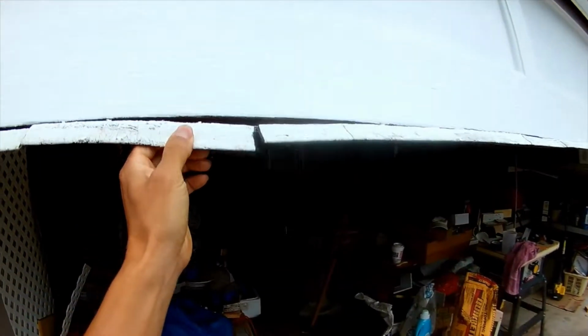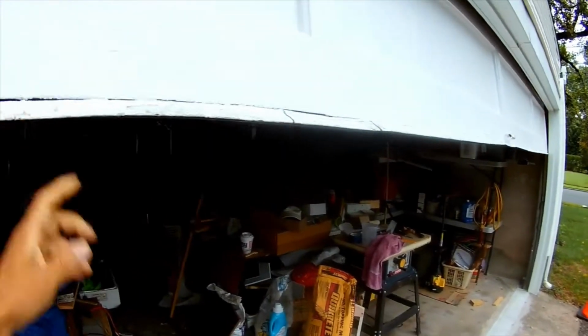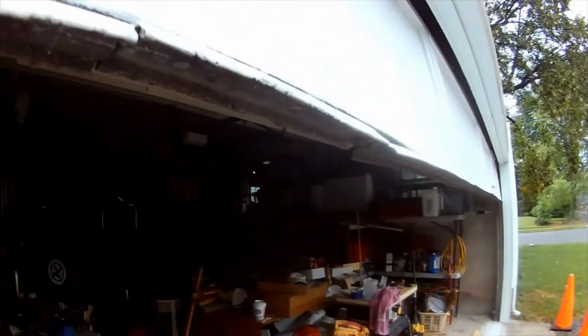This is my old garage door bottom seal. Alright, I want to show you today how to repair this bottom seal. Now,